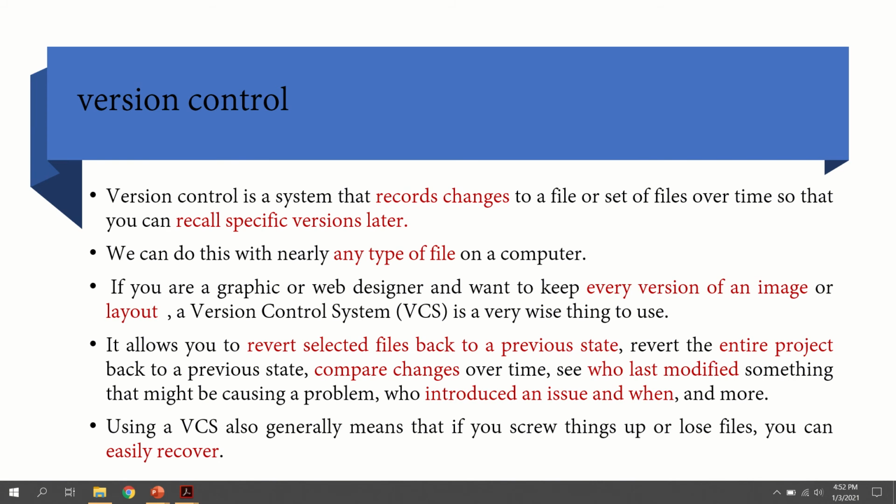The main advantage of a version control system is that we can recover our data whenever needed. All the changes, all the updations, all the versions of a file or project, everything can be stored inside the version control system, and whenever we want, we can recover the data. That is the meaning of the version control system.